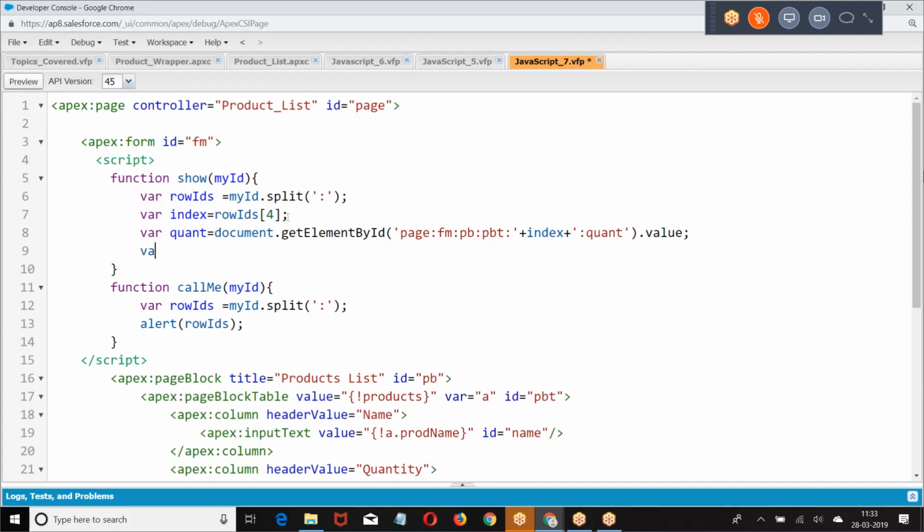Similarly where page form page block table plus index plus.